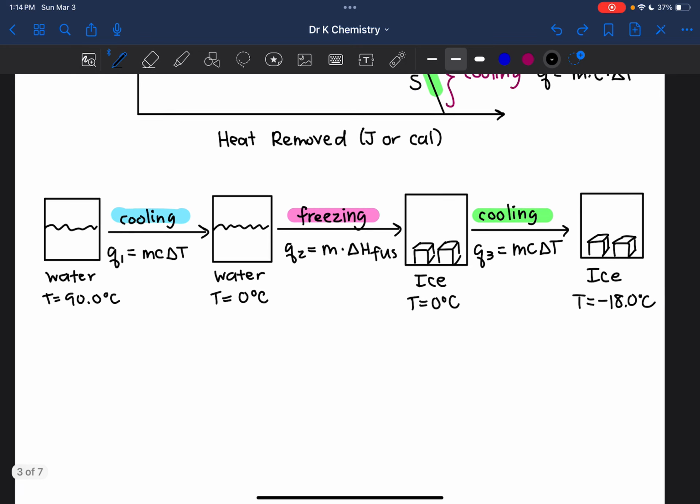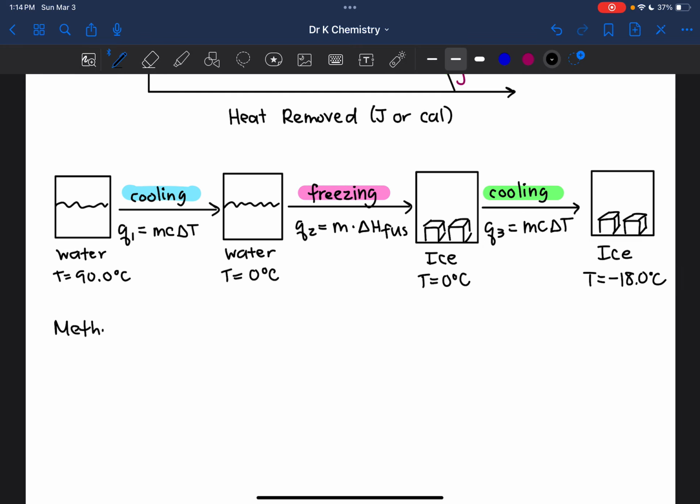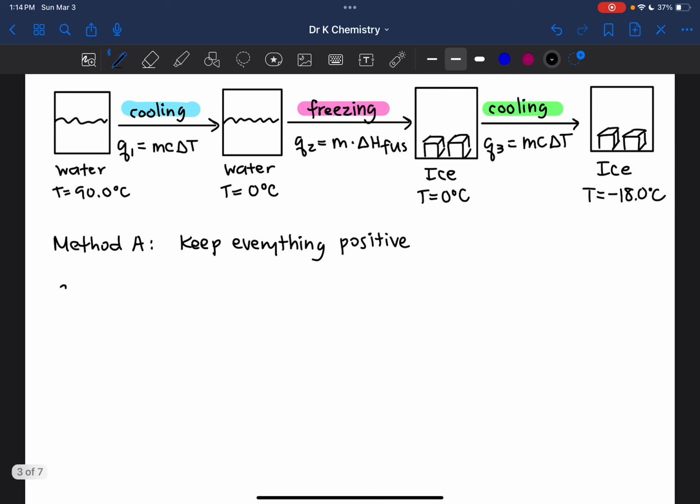And I'll say we'll call this method A. So in method A, I'm going to say keep everything positive. So I'm going to ignore the fact that my ending temperature is lower than my starting temperature. I'm just going to keep this a positive value just to simplify things. And then I'm going to say at the end that energy is being released. And then we'll do method B after that so you can see both. Okay, so we are cooling. That's the first thing we're going to do. The equation for that was,